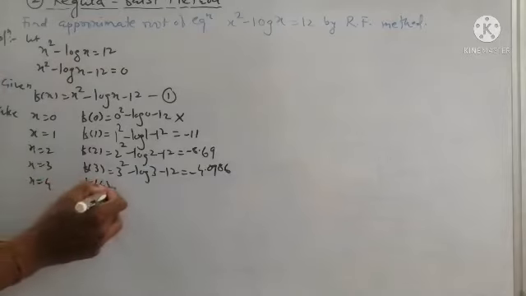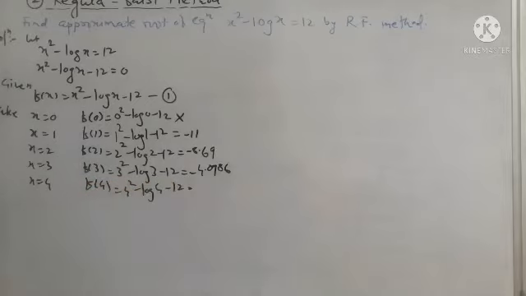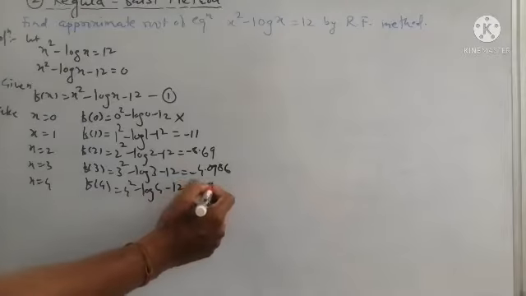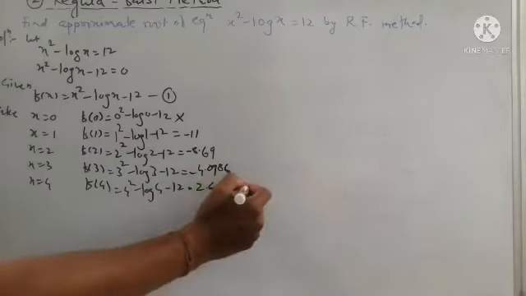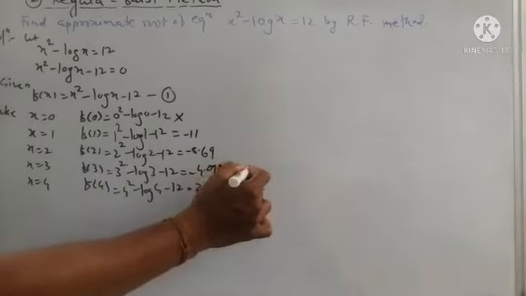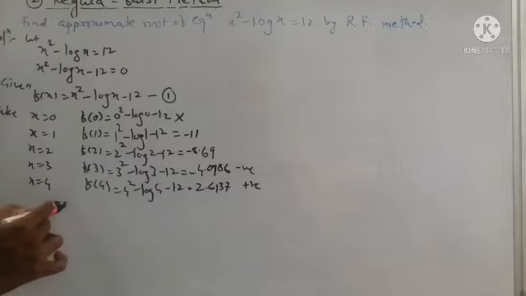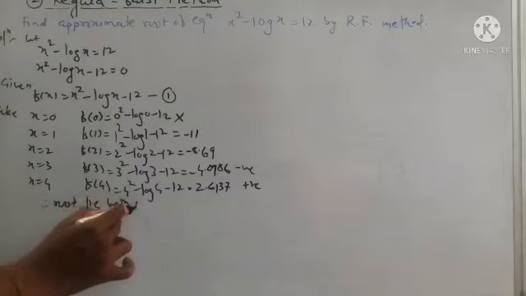so f at 4 will be 4 square minus log of 4 minus 12. By using a calculator, we get the value as 2.6137. You can observe the value of this function is positive, as the function at 3 is negative. As the sign of the function changes for the values 3 and 4,